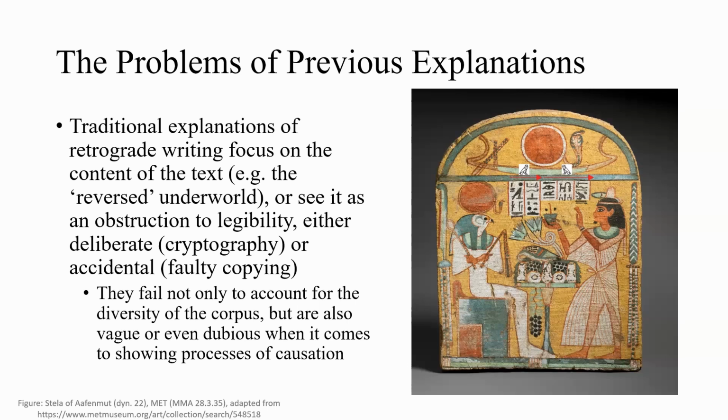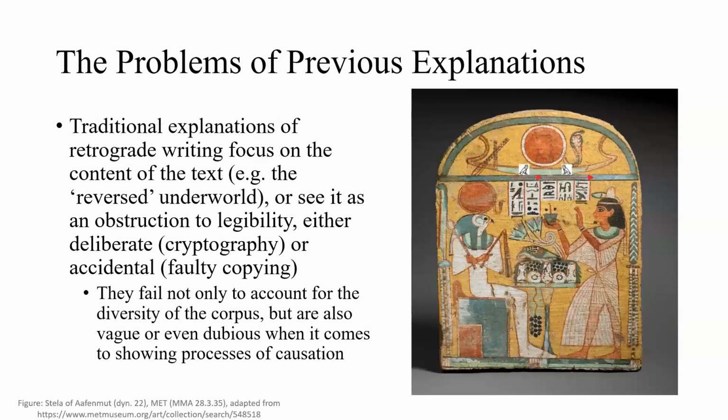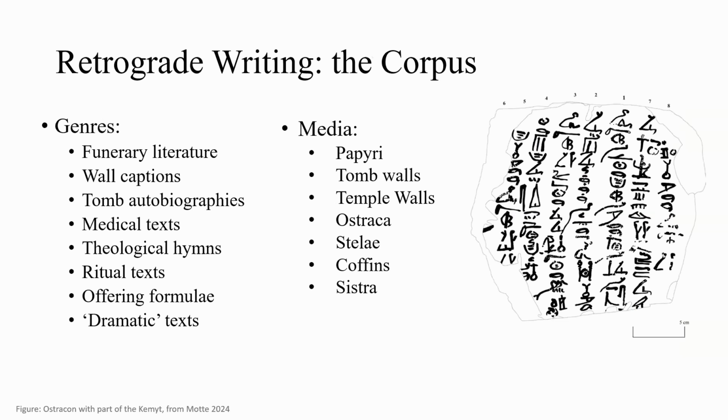Another problem is that these explanations fail to account for the vast majority of the corpus. So, for example, I mentioned that the first class of explanations can only be used for funerary literature. But if we look at the actual corpus of retrograde writing, we can see that the genres and the media that retrograde writing uses are much more common. And as you can see, all of the previous explanations fail when we look at the corpus